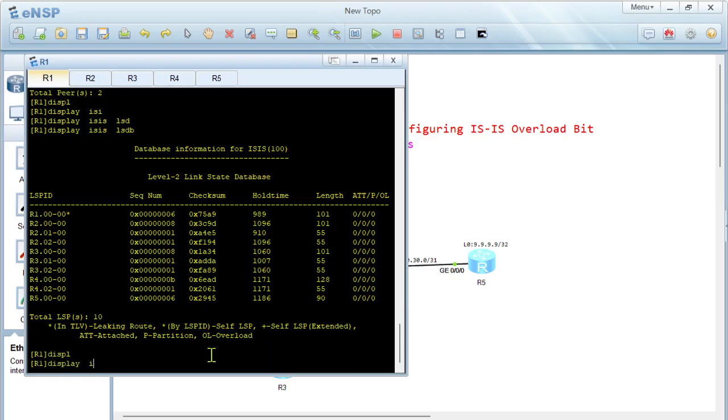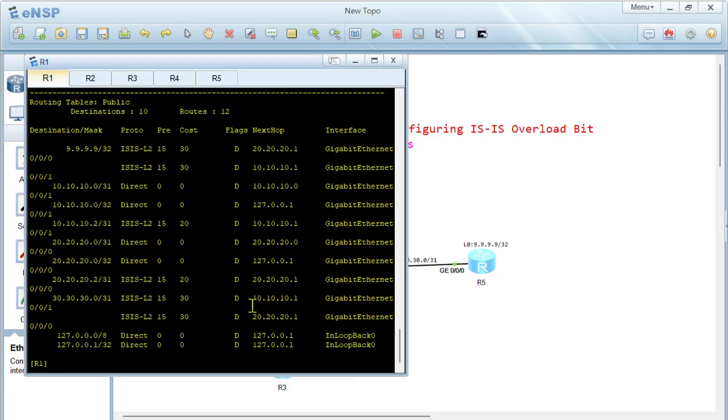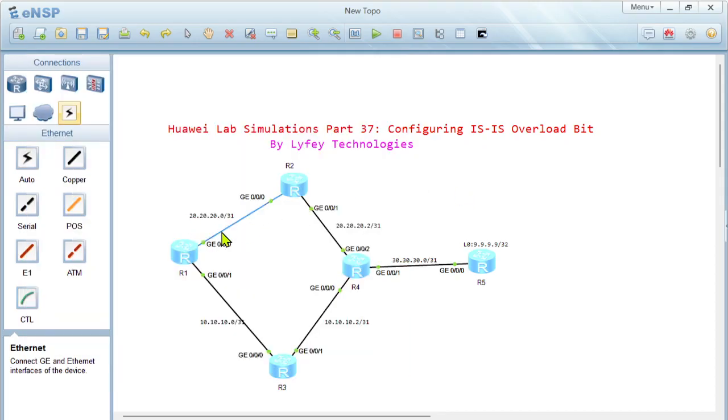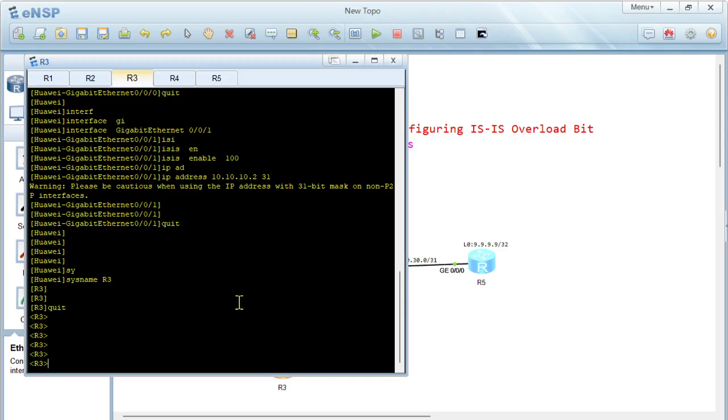If I display the IP routing table, you can see that we have 9.9.9.9. The next hop is set to the upper path. So the next hop is pointing to the best, and the selected one is 20.20.20.2. To make it just select that one, we'll configure a cost between R1 and R3. So on R3,